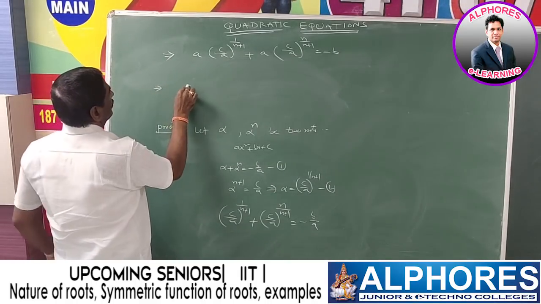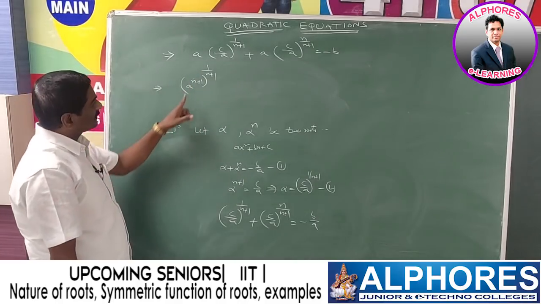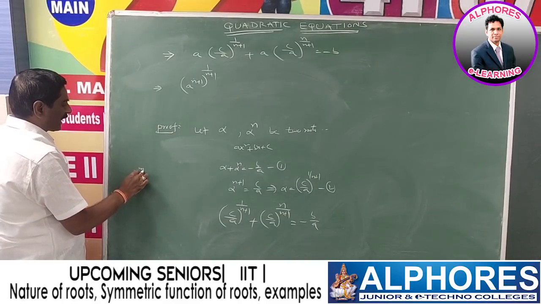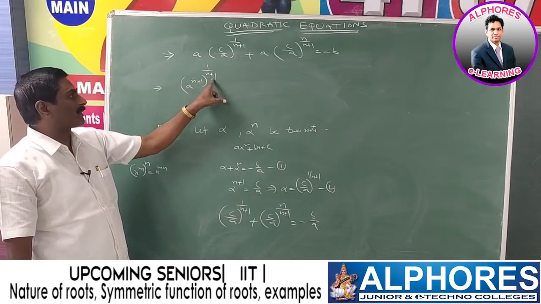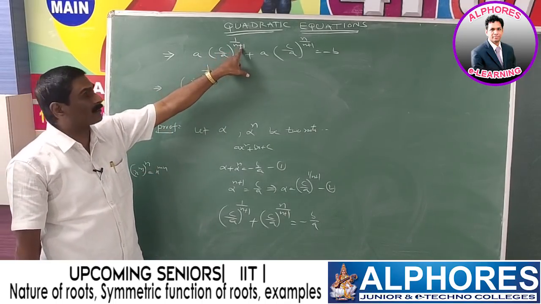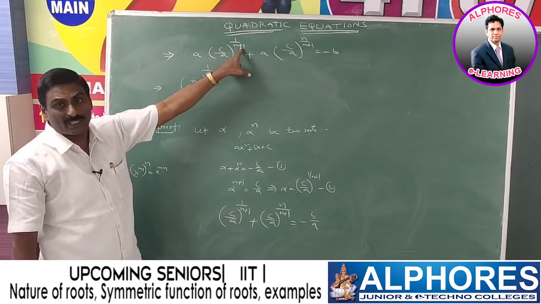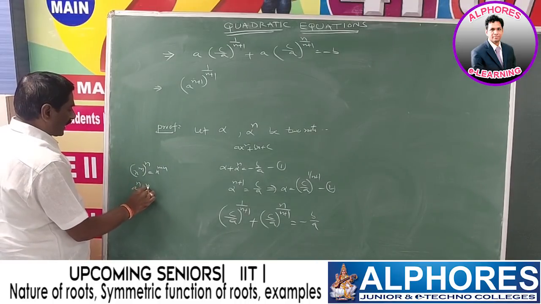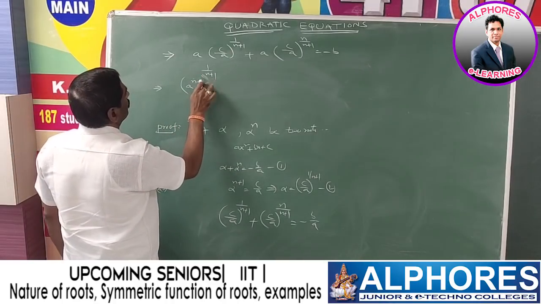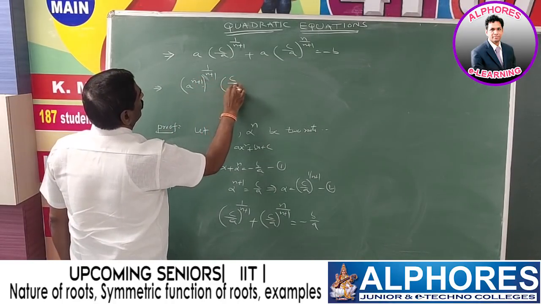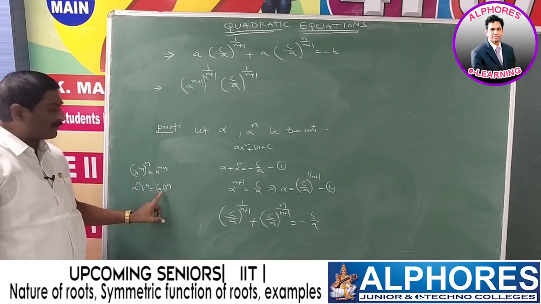a means a power n plus 1 whole power 1 by n plus 1. We can adjust this way. x power m whole power n is equal to x power mn. Suppose a power n plus 1 whole power 1 by n plus 1, this value is a. But here the power is 1 by n plus 1. So, this is 1 by n plus 1, this is 1 by n plus 1. a power n into b power n is equal to ab whole power n. So, in this case, both powers are equal. So, it can be reduced to ab whole power n.